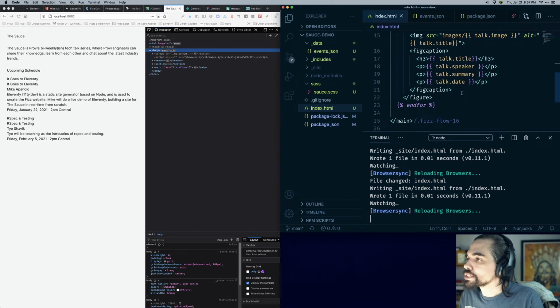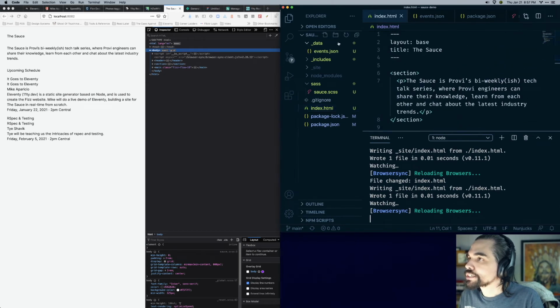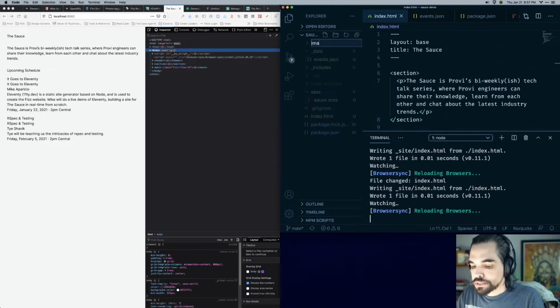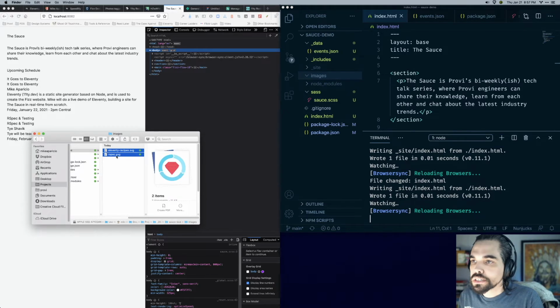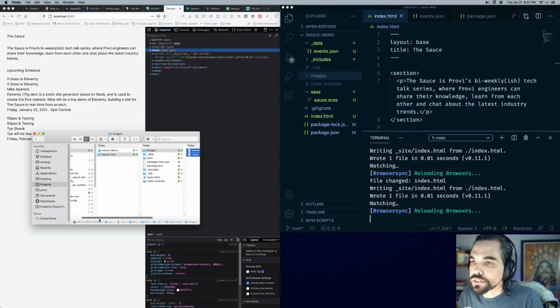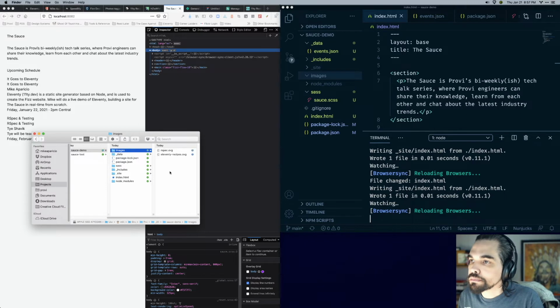So images. Let's get our images in here. I'll create a folder called images. I will go into Finder and copy these logos over to this project. It's called class demo images. Boom. Okay. Now, in order to get these images into our site, because Eleventy doesn't do that automatically, we